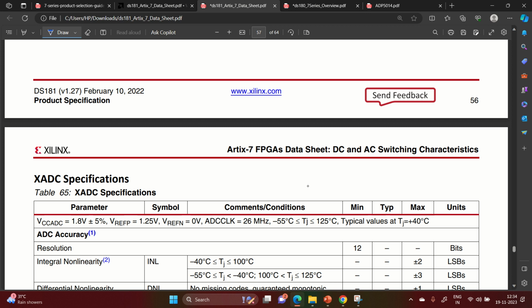Otherwise, I will be moving to finding a power supply regulator, whether it will be a PMIC, linear regulator, buck regulator, or boost regulator. Based on that, I will be trying to give you a solution. Okay, but before that, we will have a quick review of